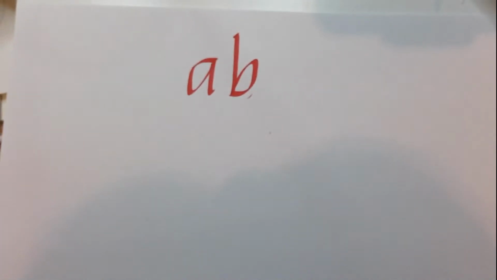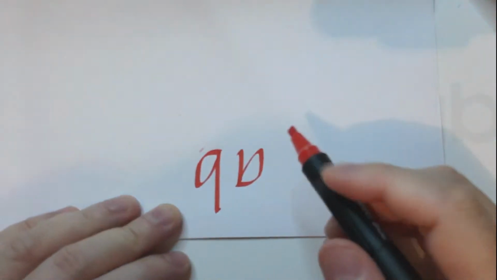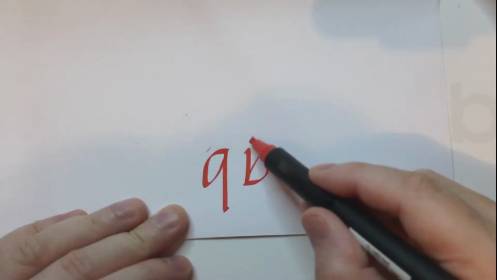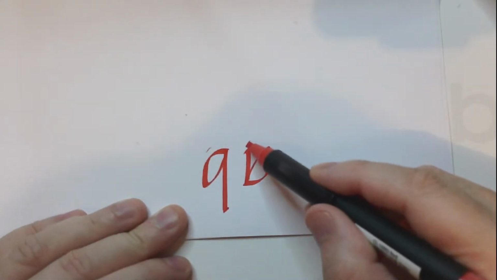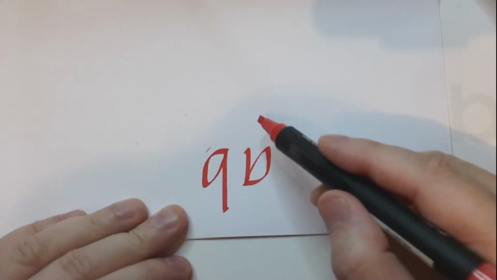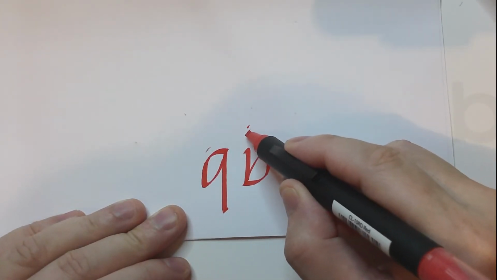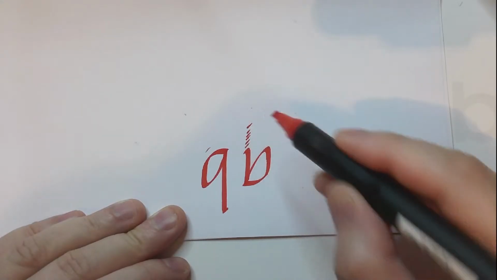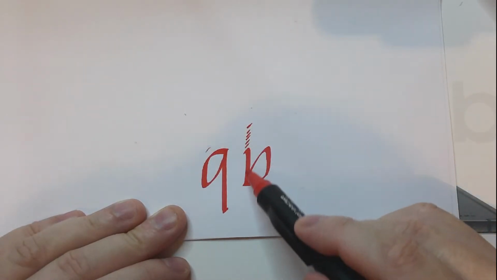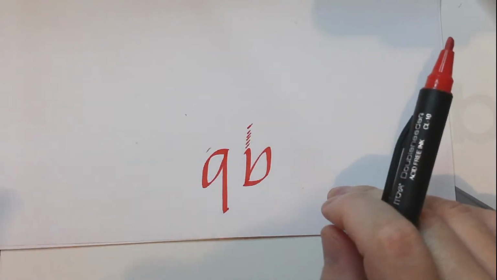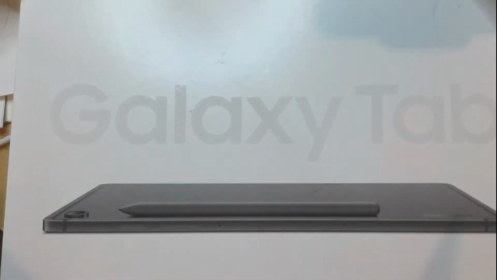And by the way, it's the same thing. If you flip over the A and you add an ascender over here, then the A becomes like the B. Like if I were to add an ascender here, see, it becomes very much like the B. So it's quite interesting that these two letters